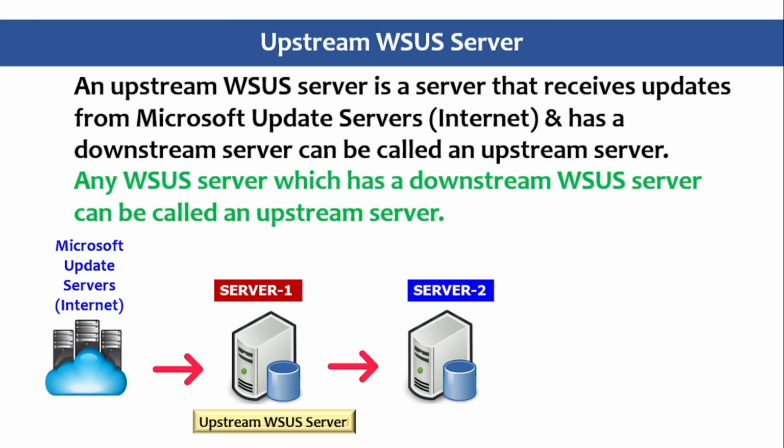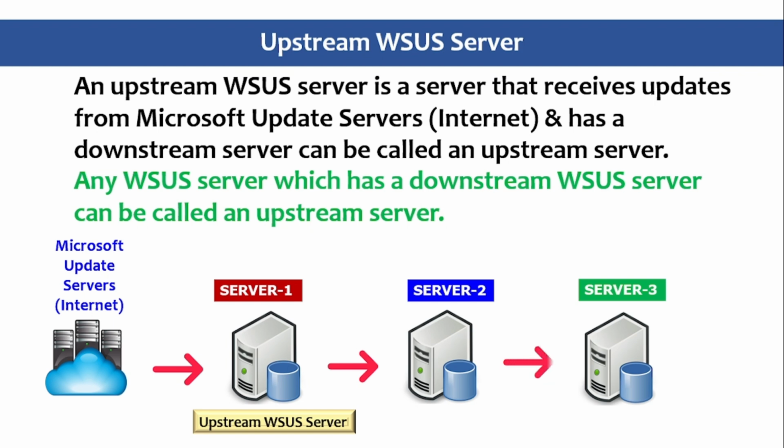There can be another scenario. We have another server named server 3, configured to synchronize updates from server 2. So we can say that server 2 is the upstream WSUS server for server 3. This is the basic concept behind upstream and